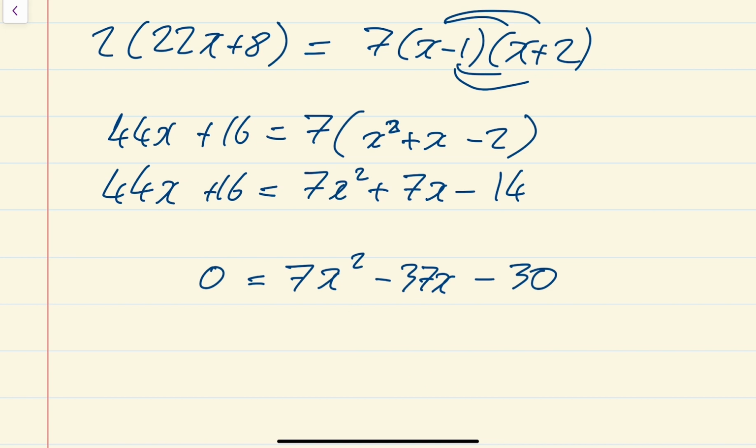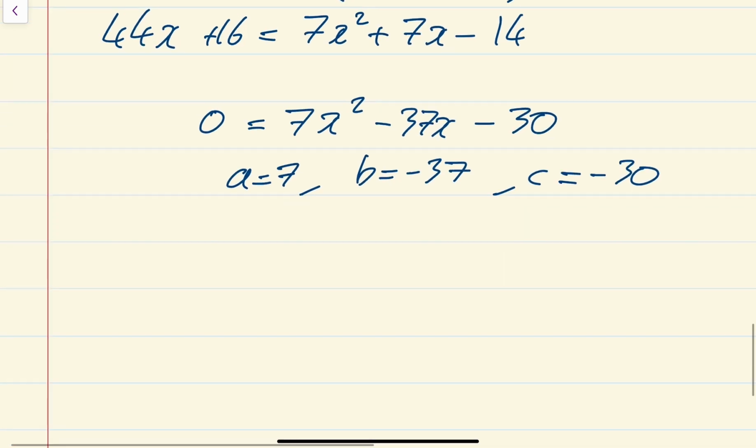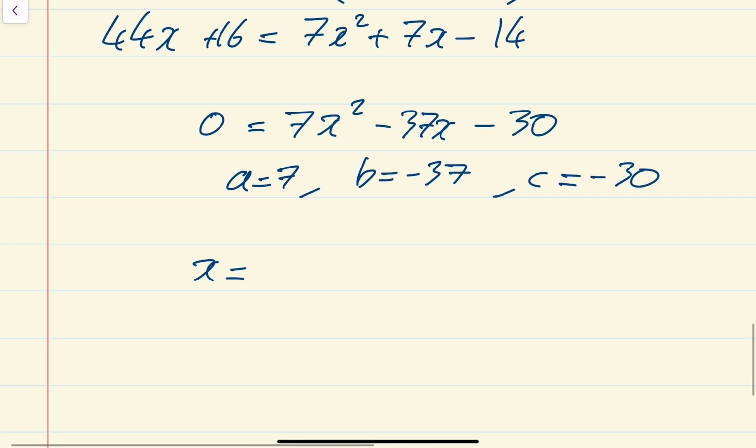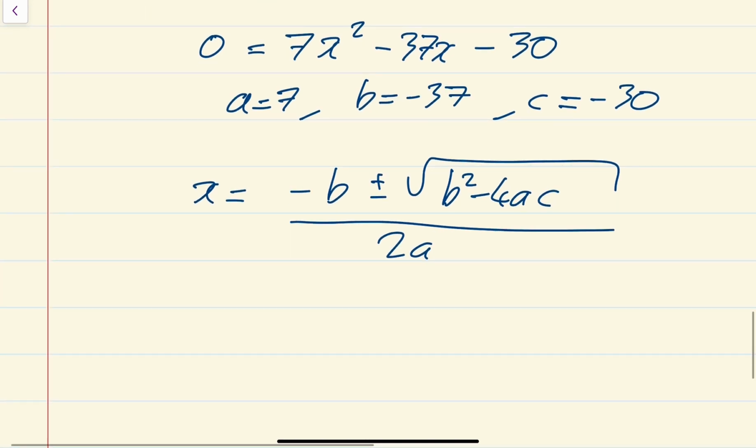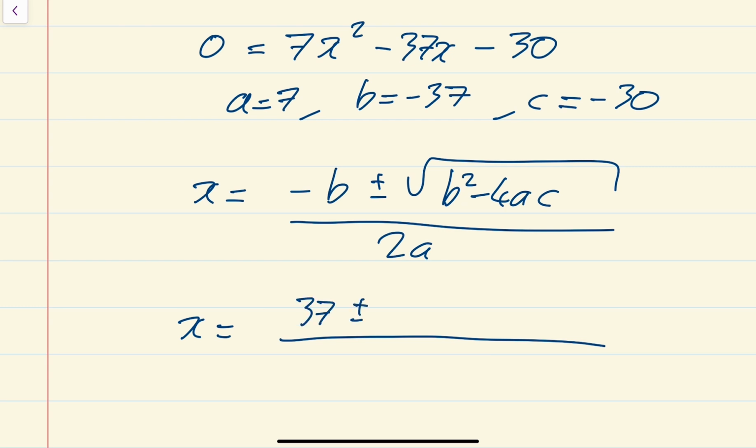What I would do is I'd say my a is 7, my b is minus 37, my c is equal to minus 30, and then I would just use the formula. So x is equal to minus b plus or minus the square root of b squared minus 4ac, all over 2a. So let's just fire that in. X is equal to, so it's minus b, so minus 37 is 37, plus or minus,